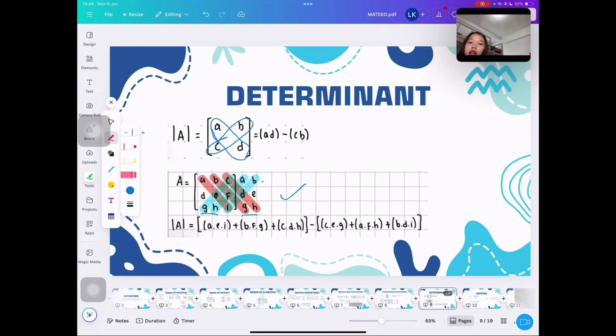Next, we calculate the opposite diagonals going from the bottom left to the top right. And the three products here are G times E times C, H times F times A, and then I times D times B. We also add these three results together, which are shown by the blue lines in the image. Finally, we subtract the sum of the blue diagonals from the sum of the red diagonals. This is the answer. And that gives us the determinant of the 3 by 3 matrix using the Sarrus rule.